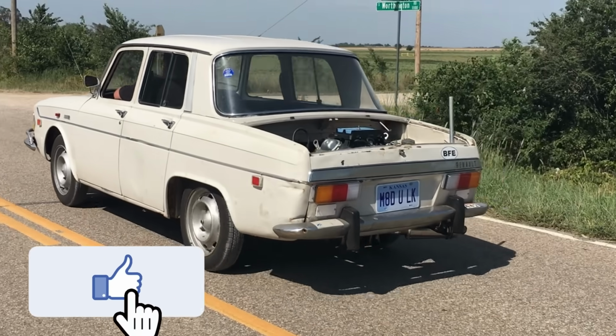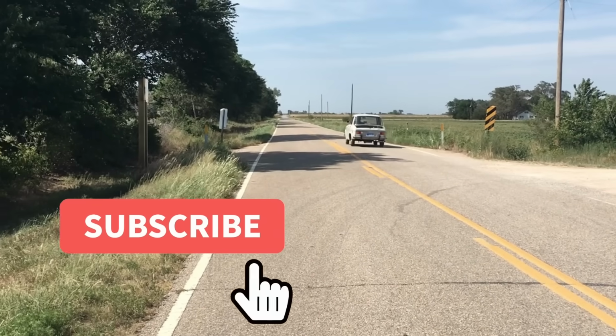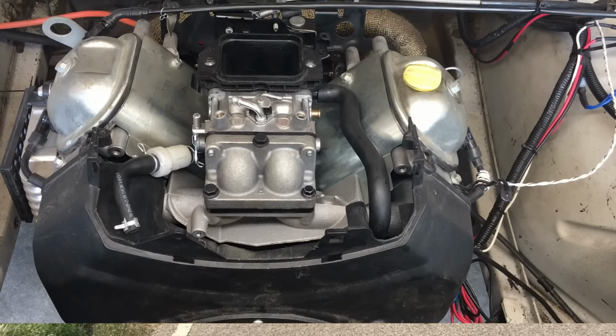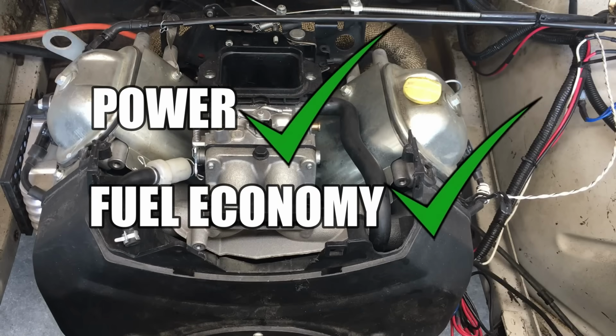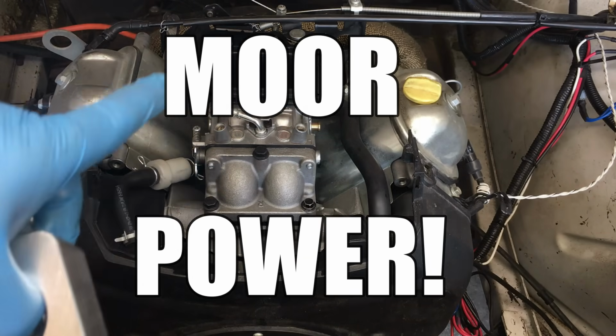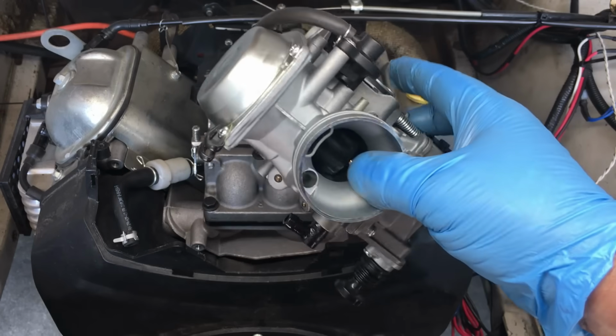In our previous 670cc Predator-powered Renault video, we were able to tune the engine for maximum performance and maximum fuel economy. So more or less we ended that video with a win-win, but now we're back to try to unlock more performance from this little engine. Today we're going to fit an oversized motorcycle carburetor to this Harbor Freight engine and see if that helps or